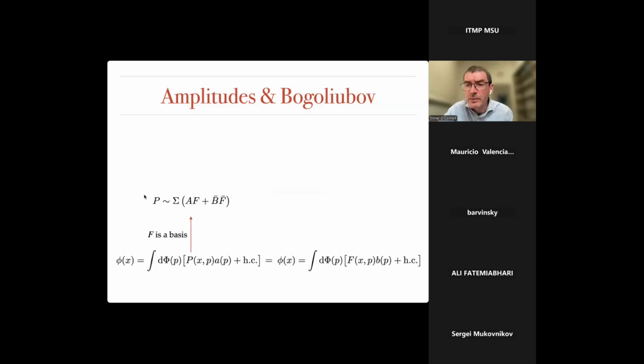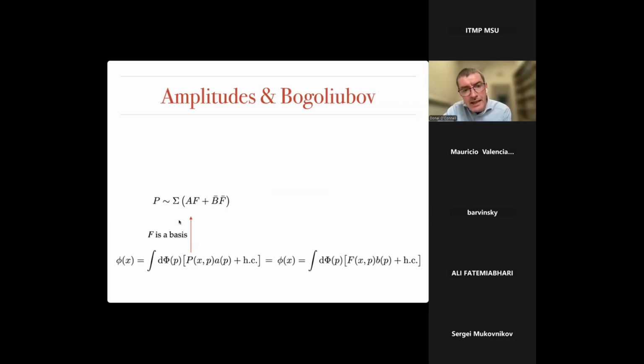So to understand that relationship in more detail, let's suppose I write the P solutions on another basis, on the F basis. F is a basis, so I can write the P solutions on this F basis. Since P is a complex solution of the wave equation, we need F and its complex conjugate, F and F bar. These A's and B daggers, B bar, I've just written them. They're the expansion coefficients of P on the F basis.